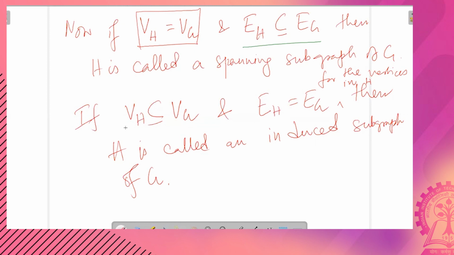So now, if the vertex set of H is a subset of G, however all the edges that were present in G are also present in H for this particular vertex set VH, then H is called an induced subgraph of G. So for instance, if we take an example,